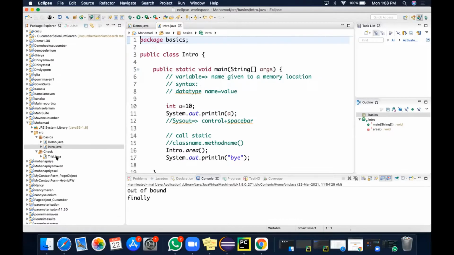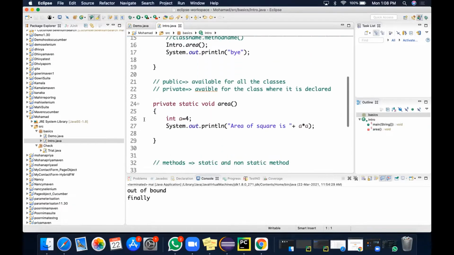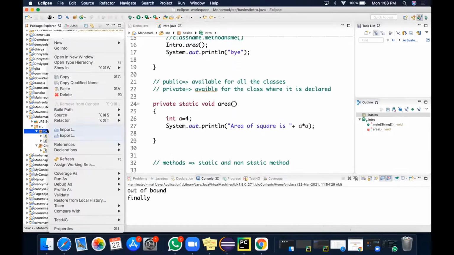So first we have seen static methods yesterday. In static methods, it will have a fixed memory space, and it must be created outside the main method. It must be properly called inside the main method. We have seen these concepts. So now we are going to see the next method, which is non-static method. So let's see what is that.